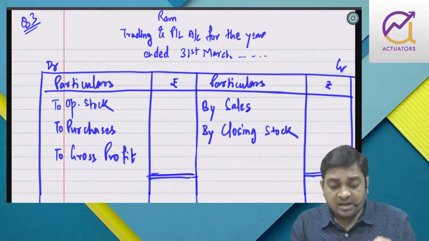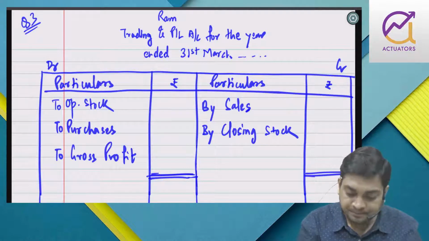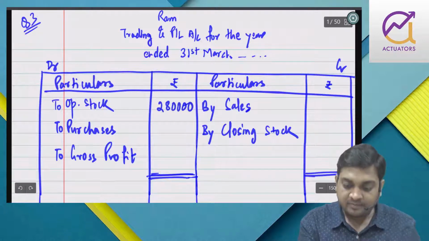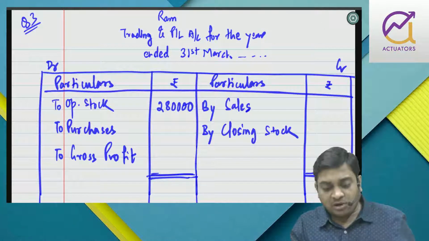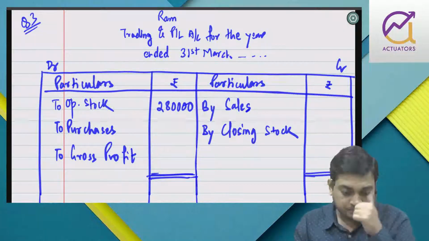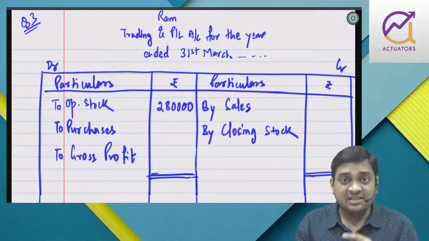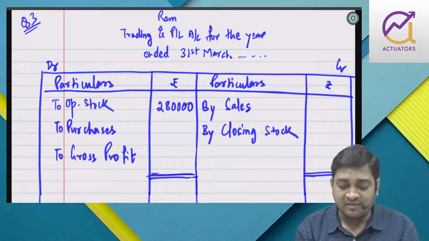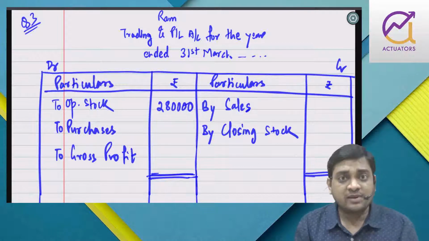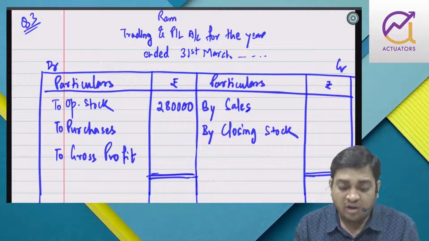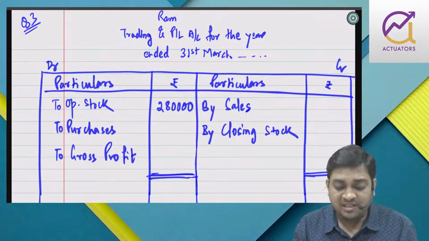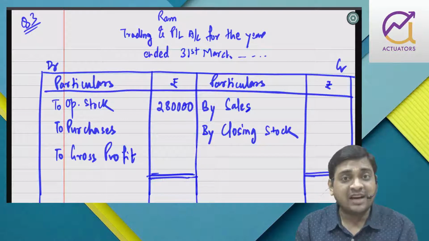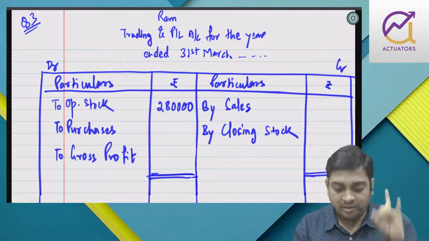Now somehow I know the opening stock. Unlike problem number 2, I don't know total purchase and total sales here. They have given us the GP percentage. So once we know the sales, if we multiply the GP percentage on that, we get the gross profit. So closing stock will be the balancing figure. What is our objective? Our objective is to get purchase and sale. That purchase and sale I can get from debtors and creditors, problem number 1, remember.